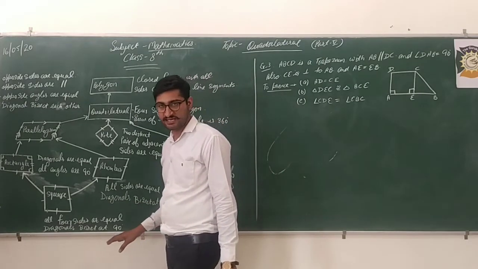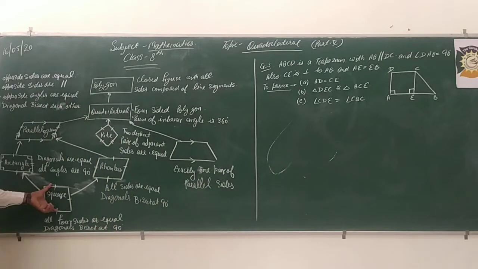After that, you can see that square is there, and one arrow to rectangle and one arrow to rhombus. It means a square is a special type of rectangle, a special type of rhombus, a special type of parallelogram, because it holds all the properties of the rectangle, all the properties of the parallelogram, and all the properties of the rhombus. You can see that all the four sides are equal in a square, so